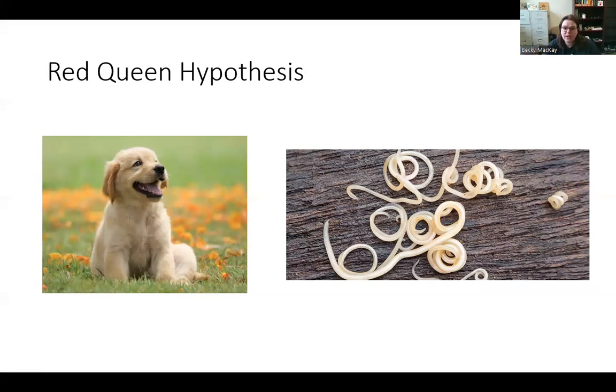And that's why we call it the Red Queen hypothesis, because they can change, oh, we have a new flea medicine. It's going to kill all the fleas. Well, some of them are going to survive, and now they're strong. So that medicine is worthless. And then most of the fleas are going to become immune to it. So now we have to have a new medicine, back and forth like that. I hope that makes sense.